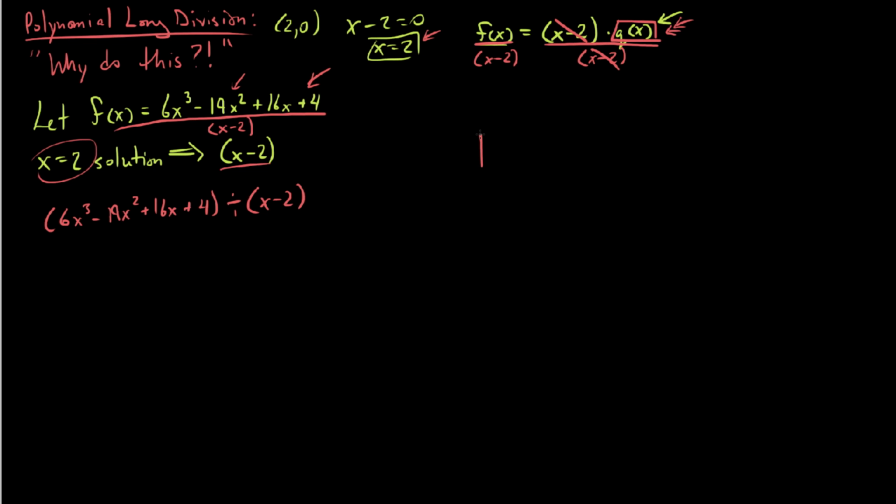So let's start with our long division bar. Our dividend and divisor: the divisor is the thing we are dividing by. In this case, we're dividing the factor x minus 2 out of our dividend, and our dividend happens to be the original polynomial that we wanted to separate the factor from. So plus 19x squared plus 16x